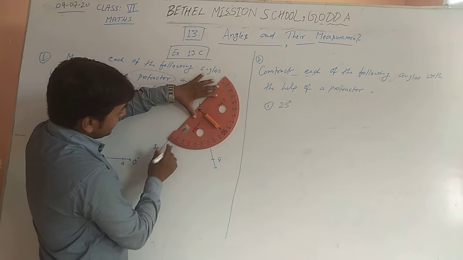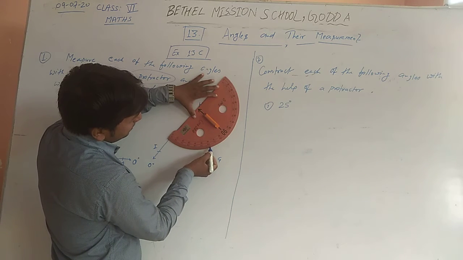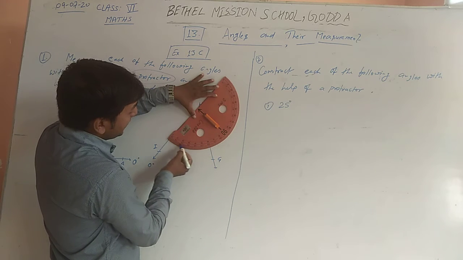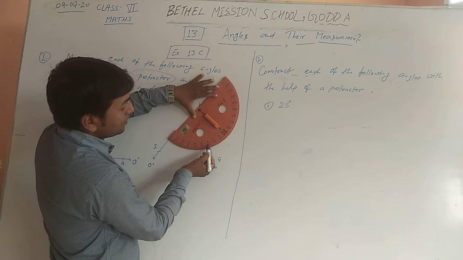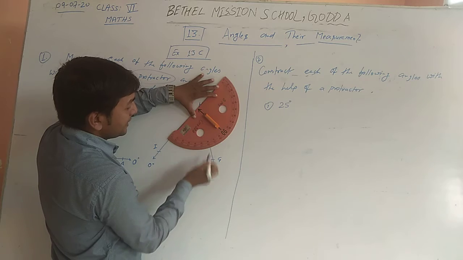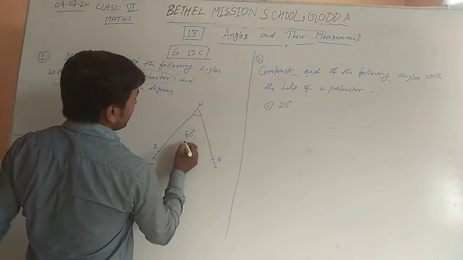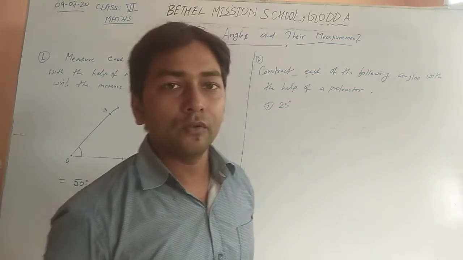Now you can measure 0, 10, 20, 30, 40, 50, 60. Okay, this is 60, not 120. 120 has come from 180, 170, 160. It is decreasing order, not from 0. From 0, it became 60 degree. So this became 60 degree. You can write this is 60 degree. Okay, I hope you got it.